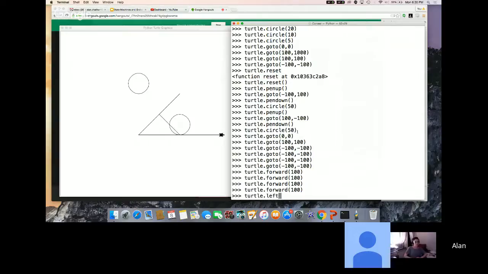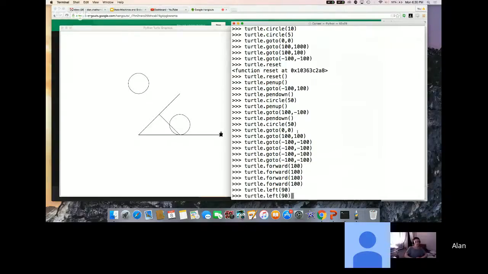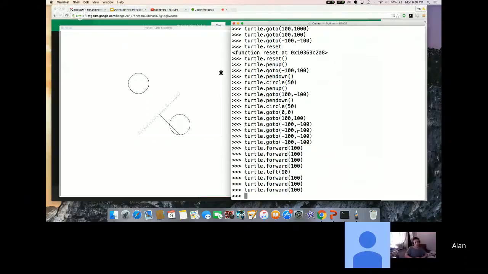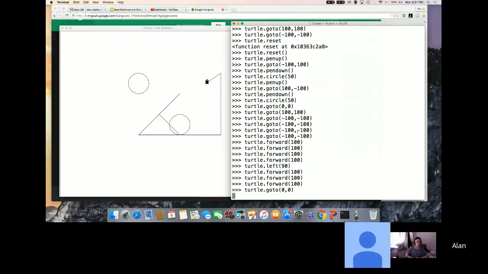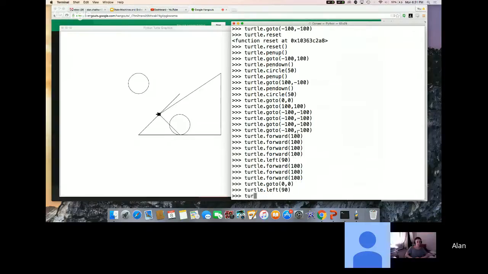Now, if you wanted to create the motion that had been created by it moving from 0, 0 to negative 100, negative 100 using relative orders, you could say move left 45 degrees, and then go forward. So in order to go to negative 100, negative 100, you would go forward by